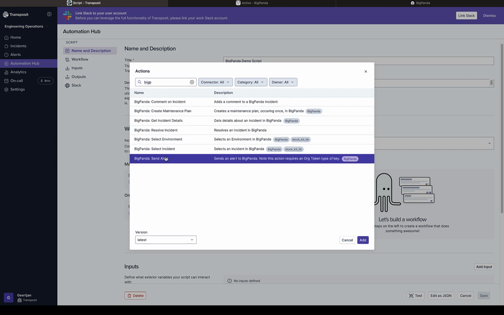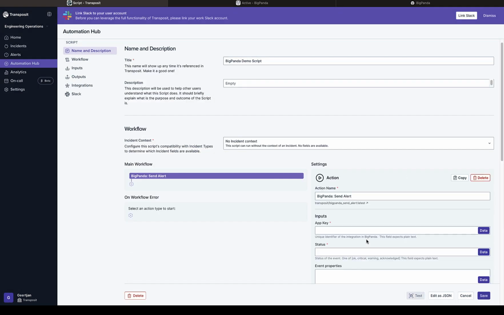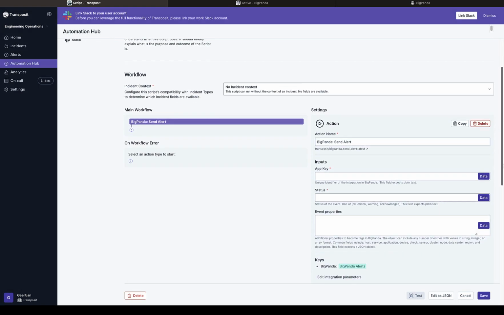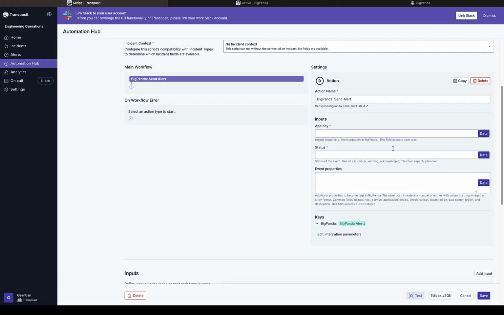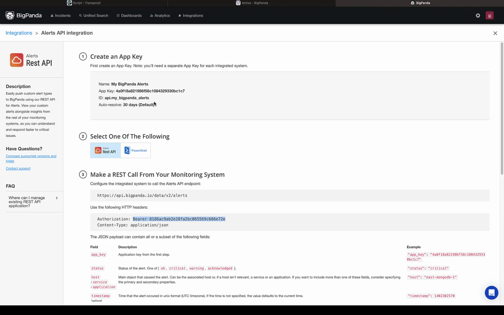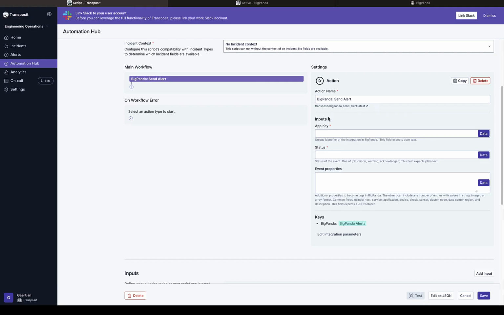We select that and we need an app key, which we get back from our integration inside BigPanda. We need to set a status and provide some properties. So here is the app key in the alert API integration that we set up in BigPanda. We paste it in. We provide a status, and the various values are provided right there. We're going to put critical, because that is how our alert is going to be seen as an incident